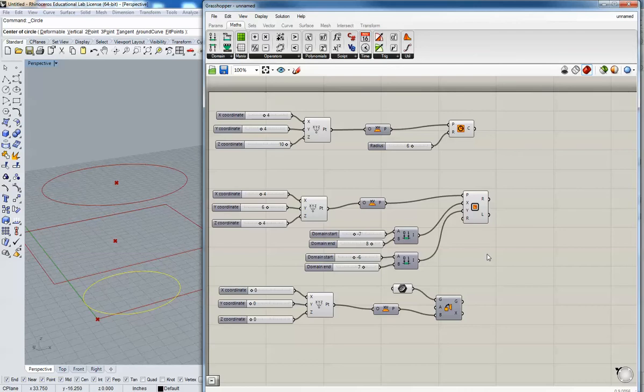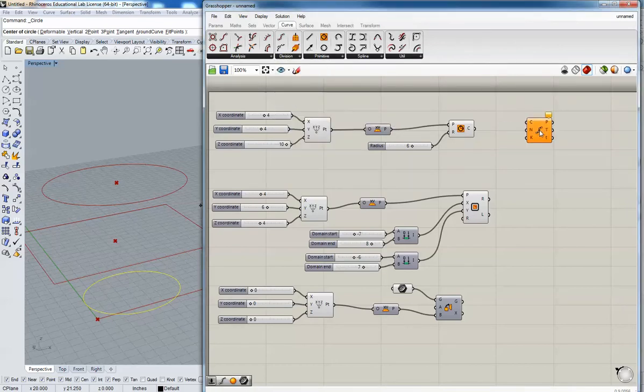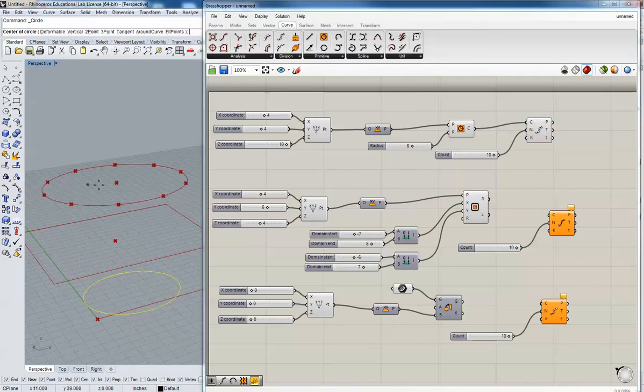Now what we need to do is divide these curves up. So we're going to go to curve, division, and then divide curve. And we're going to essentially bring in 3 of those. So in the meantime, I'm going to make another number slider and connect that, before I copy 3 of those in, and then we're going to put those right after each of those shapes there. Okay, so we're going to connect the circle to this geometry,